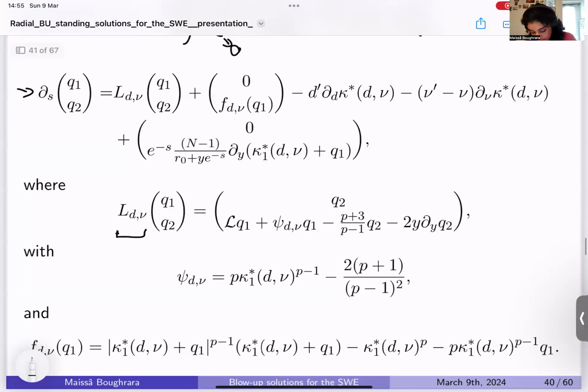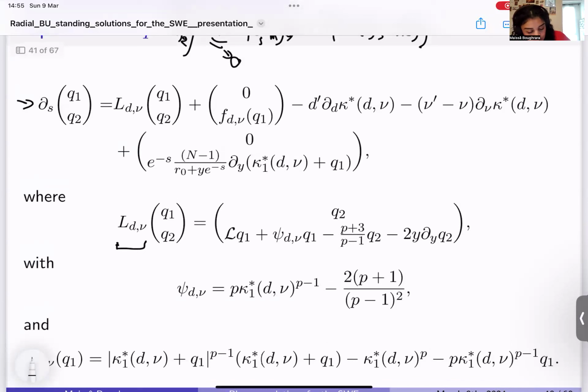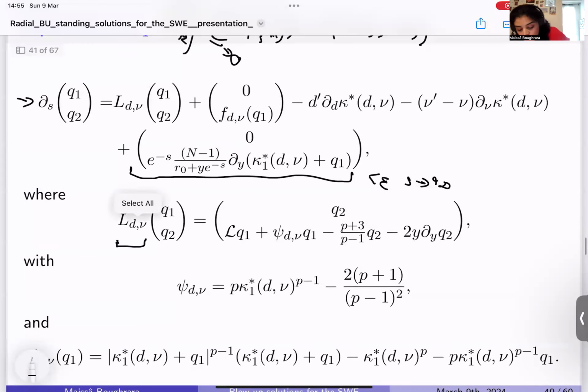Okay, there is nothing else I want to say. Oh yes, maybe something here. As you can see, in this last term, this term is going to be very small when s is very big. So when s is very big, since this term is very small, then this equation